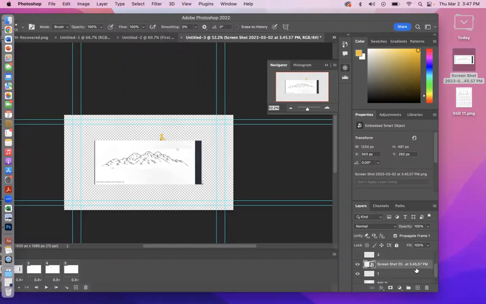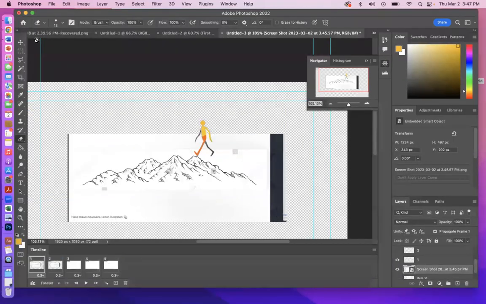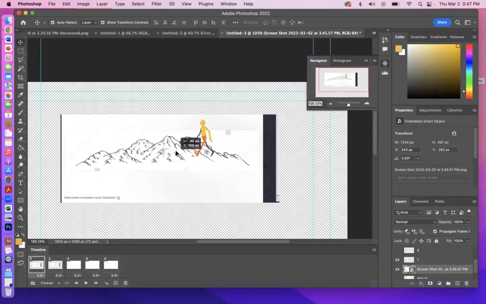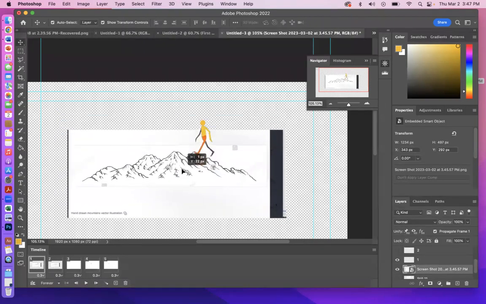I have to pay attention to where I put it. I'm gonna put it underneath all of my character movements so I can see the character. Now, I need to place it in a place that looks like where the mountains would be. And I also need to change the, I think I'm gonna put